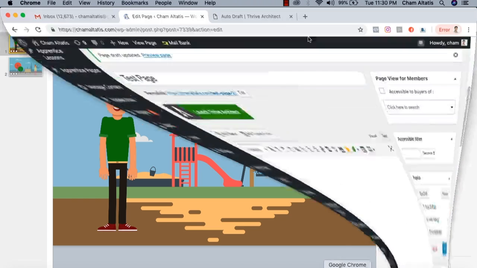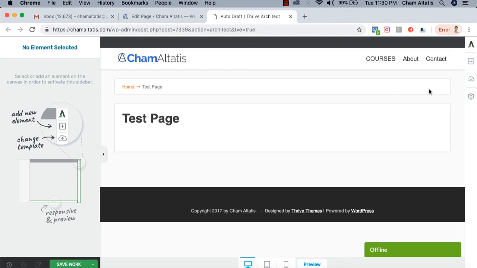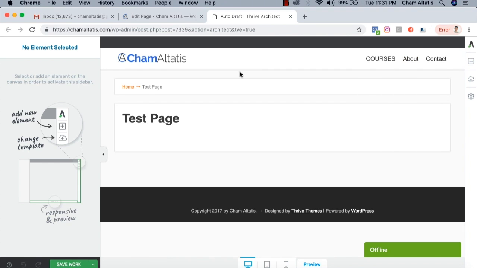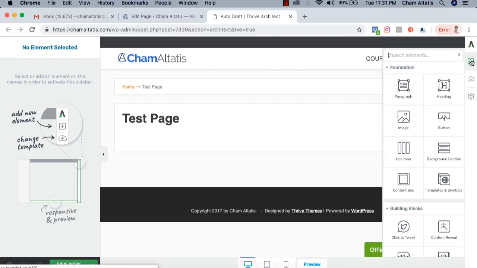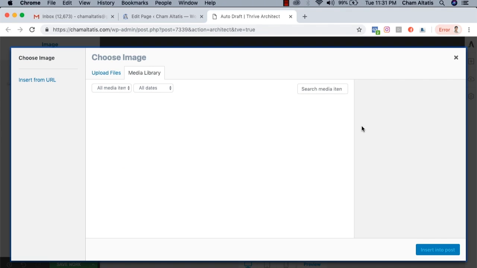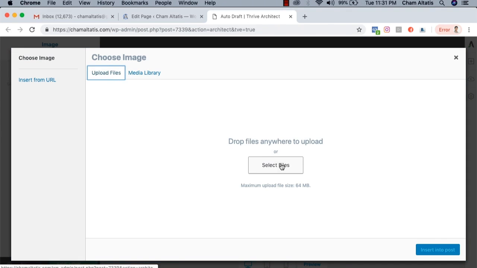And right now, let me as well show you how to use this inside your web pages. So as you can see, I'm now here in my website, and personally I'm using Thrive Architect to create my web pages, but again, you can just use any web page builder that you have, and you can just follow the same principle. So from here, I can just choose this image element and place it here, and click upload,